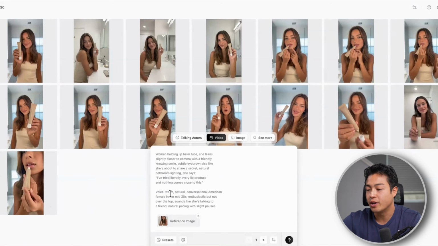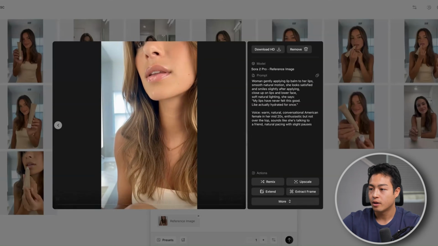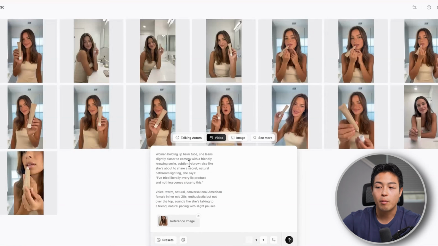Sora 2. You can see I've created a ton of different variations of this. This one right here is Sora 2 Pro. "My lips have never felt this good, like actually hydrated for once." So you can see it comes out a bit different, and that's why I said it's a lot more consistent